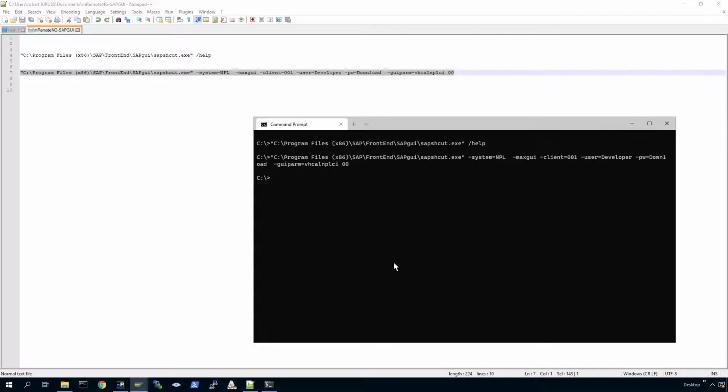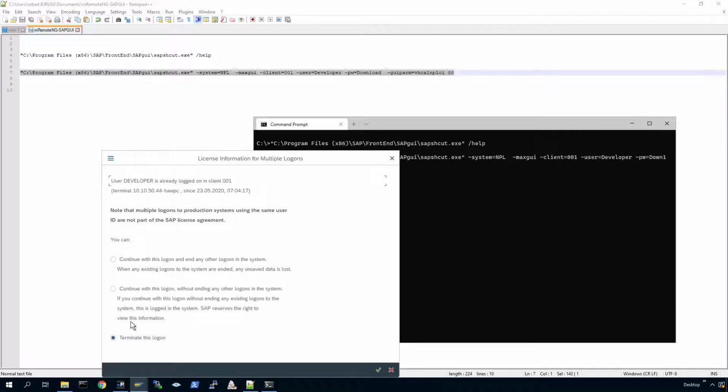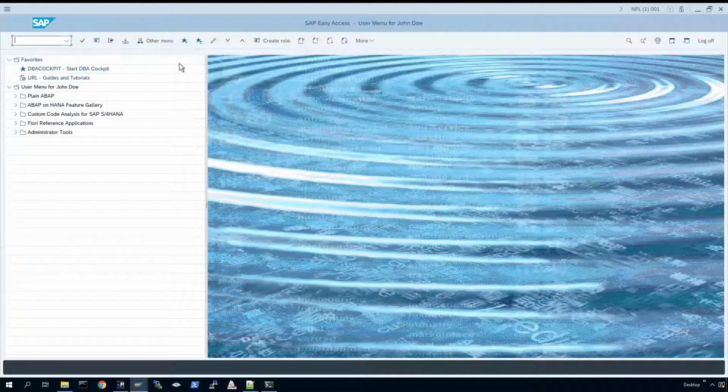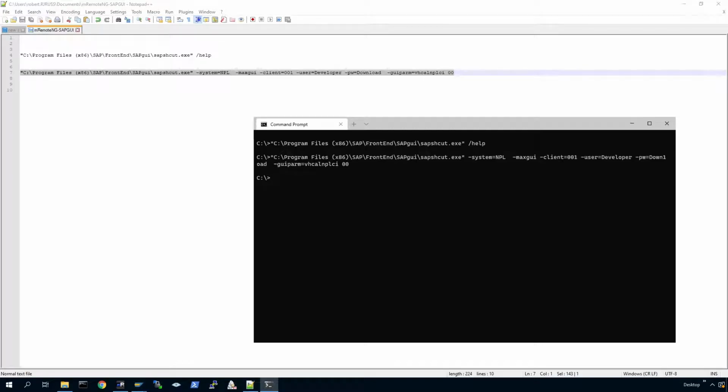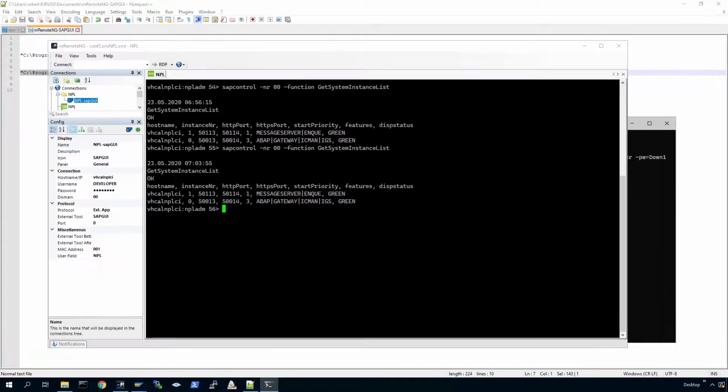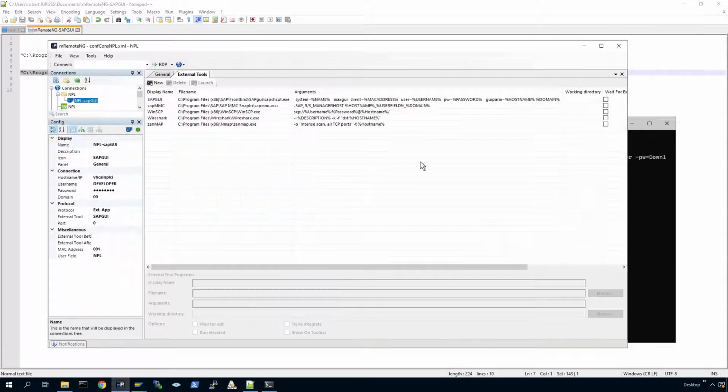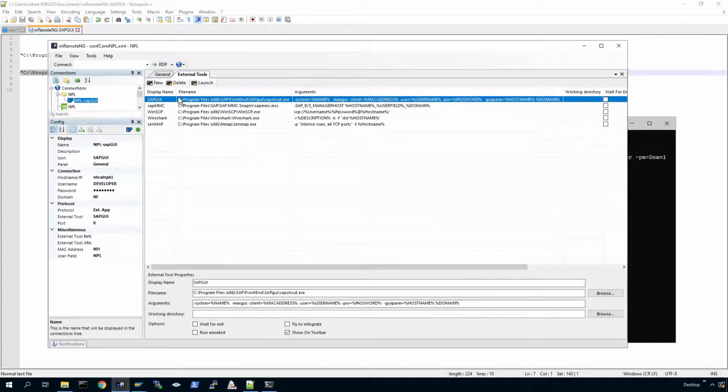automatic log on, shortcuts here, so I don't have to type it. I'm already logged on, so just kill the other session. So that's how it works from the command line. So integrate SAP shortcut tool into mRemoteNG. So if I go to the external tools option,